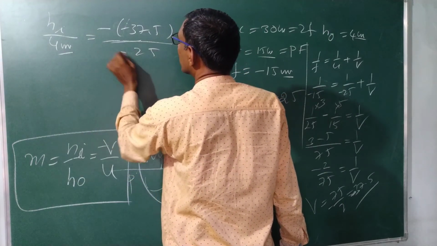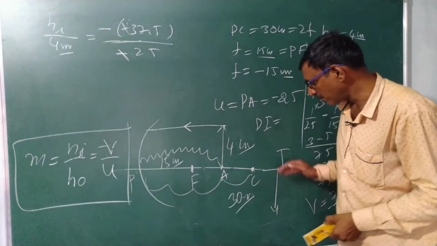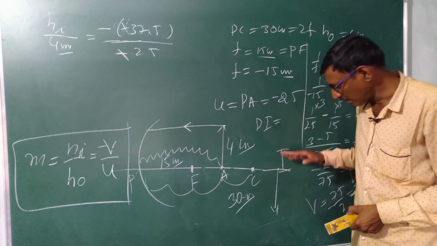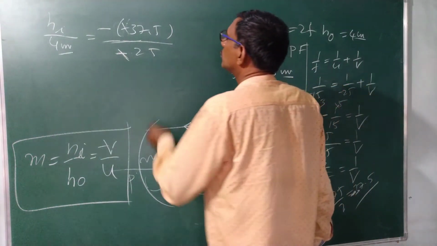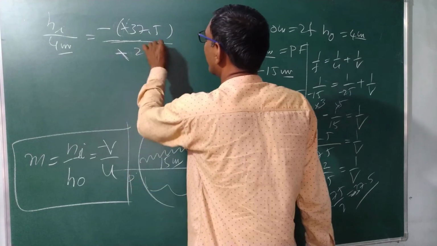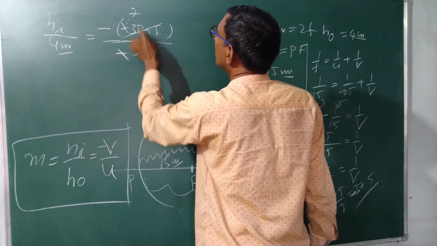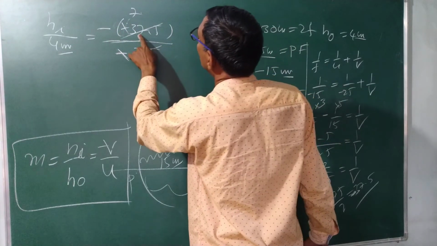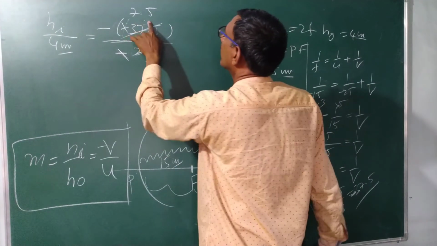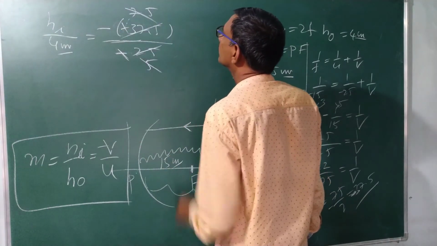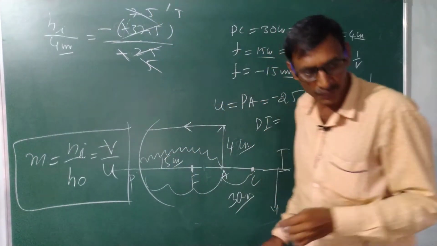Okay, this minus and this minus get cancelled. Again we get minus, because we are measuring the image below the principal axis. That's the reason I got minus again. Okay, 25, 5 table. I would like to take the 5 table here. How many times? 5 sevens are 35, so 7 times point 5 times, because here 2 is the remainder 25. Okay, again 5 table, how many times? 1.5 times, 15, 1.5 times.